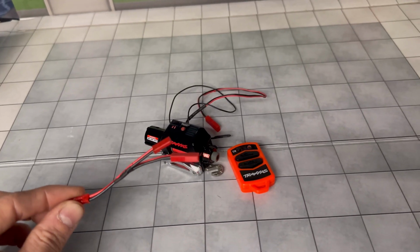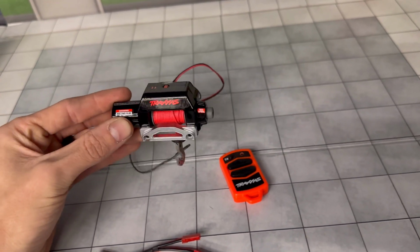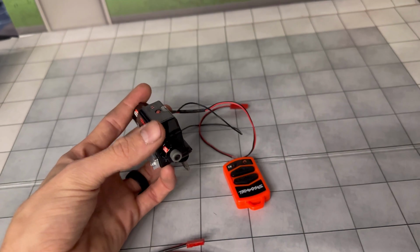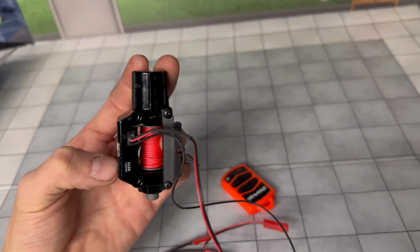Here we have the Traxxas winch in front of us. This is a cool winch with the free spool function. I have not had a chance to use this yet. We've had one installed on our Sin F450 for quite some time. I've just never really got around to using it, but today we're going to go ahead and get around to